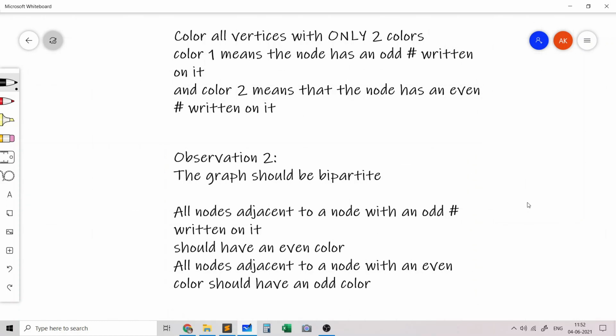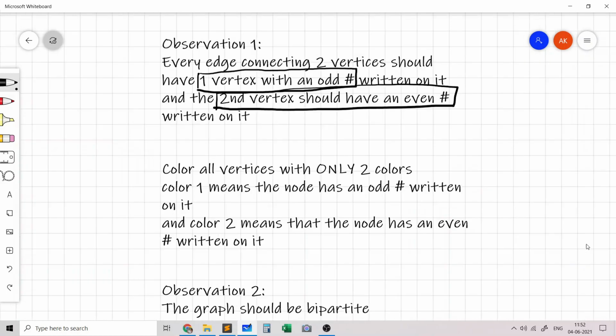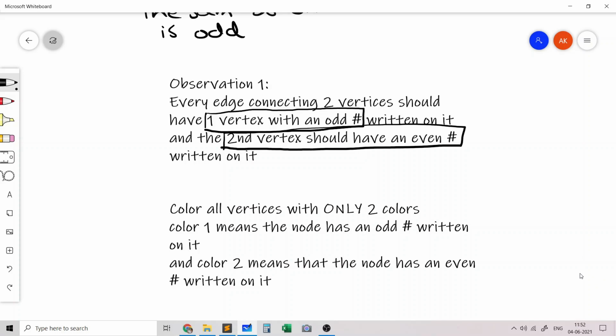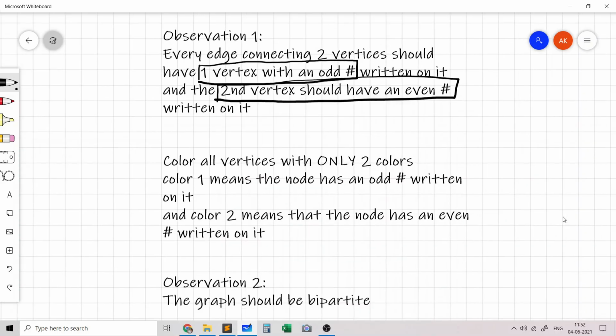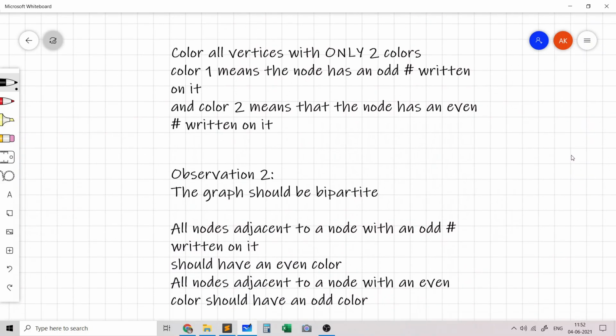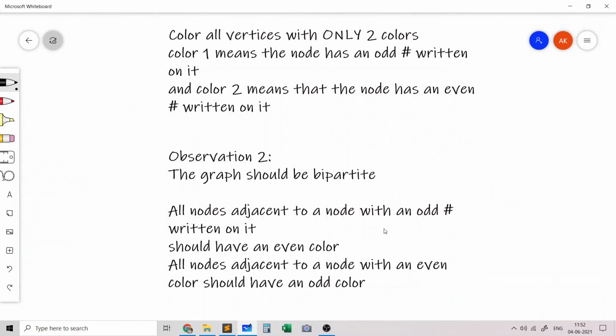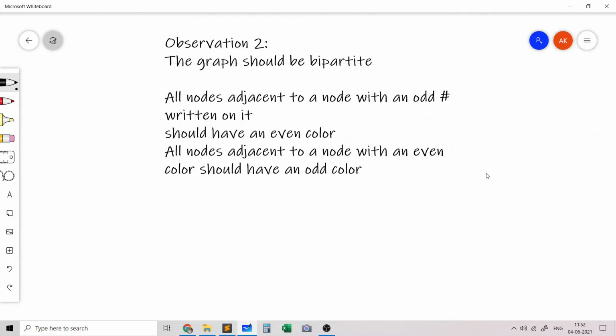And you should be able to figure out why this is true. This should be very obvious to you by now. And the reason is that every edge should have one node with an odd number and one node with an even number. And hence all nodes which are colored odd should have adjacent nodes with color even, and all nodes which are colored even should have adjacent nodes with color odd. And based on that fact, we know that the graph should hence be bipartite.